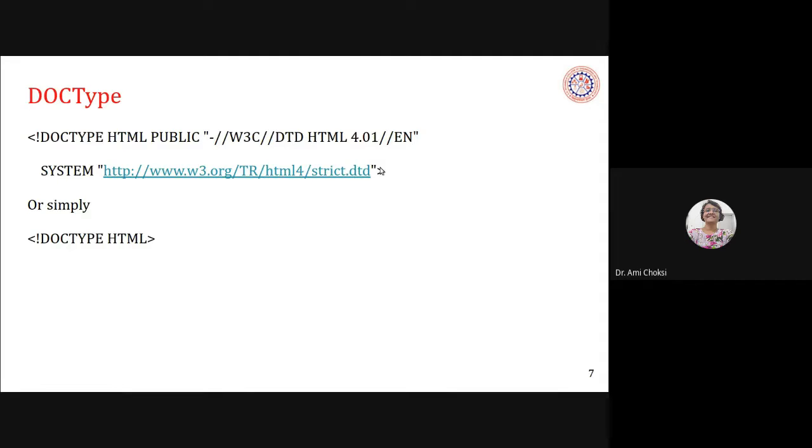How the document should be, what should be there as the first tag, then next, then next, then next, that is being defined in this strict.dtd file, right? Or simply we can write it as less than exclamation doctype HTML. That means we want to say that we are giving the file whose document type is HTML, right?